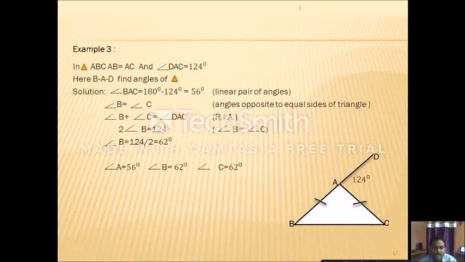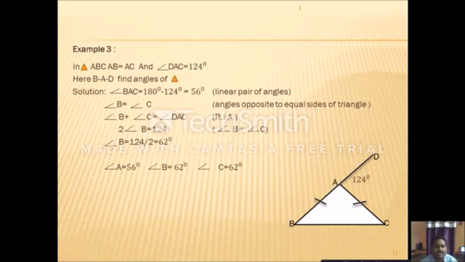Example number 3. In triangle ABC, AB is equal to AC and angle DAC is equal to 124 degrees. Here B, A, D are collinear to each other. Then find the angles of the triangle. Solution. We know that angle BAC is equal to 180 degrees minus 124 degrees because angle BAC and angle DAC are linear angles, and therefore their subtraction will be